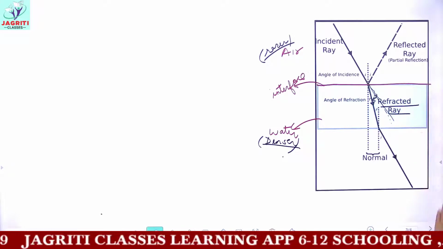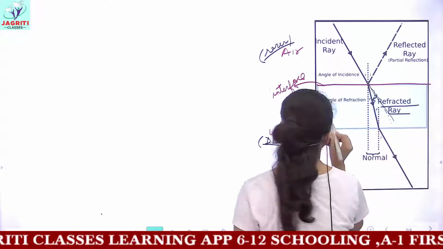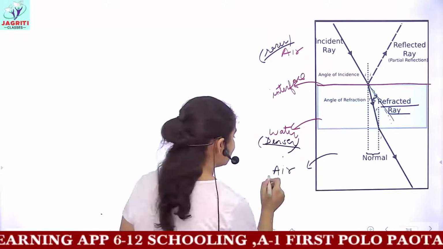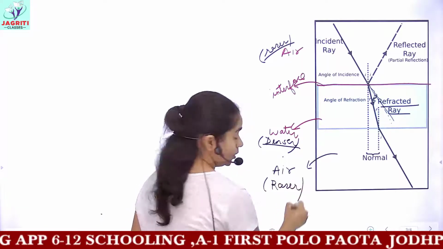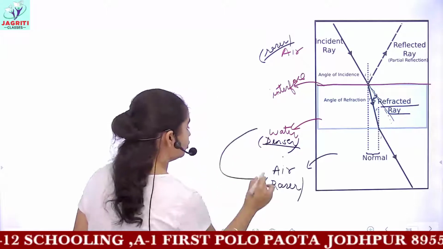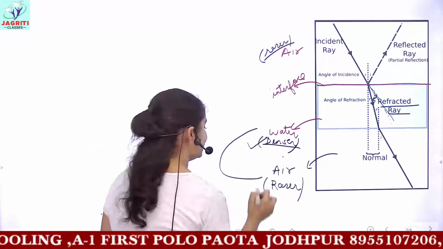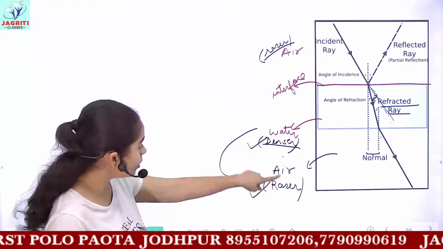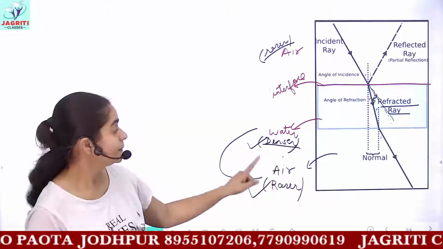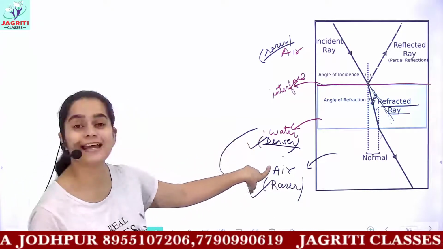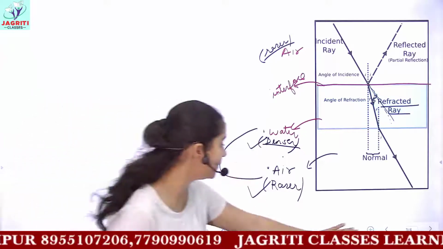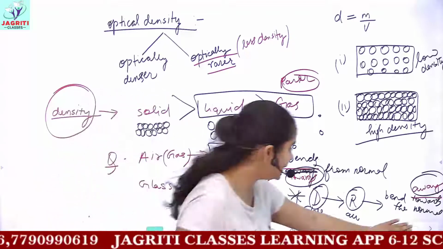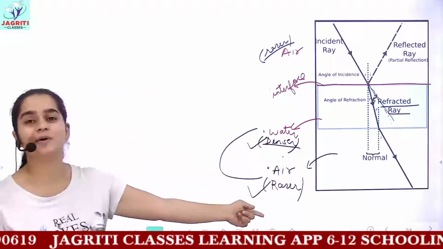Now next is what? Here you have the medium to be water, and outside again the medium is air. So water is denser compared to air, which is a rarer medium. Firstly, by comparing both mediums, you have to decide which one is denser and which one is rarer. I already told you, if any solid medium is present, then it would be denser. Between liquid and gaseous, liquid is denser than the gaseous medium. And here, water would be the denser medium compared to air.